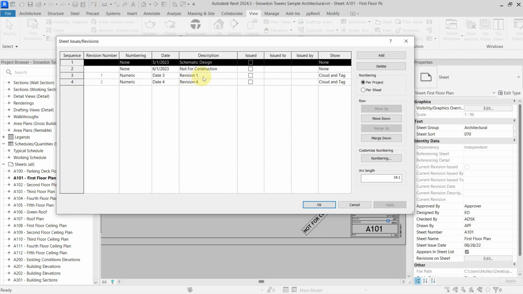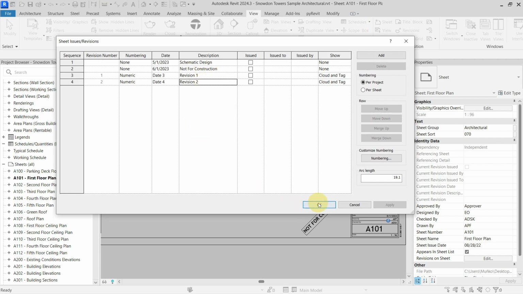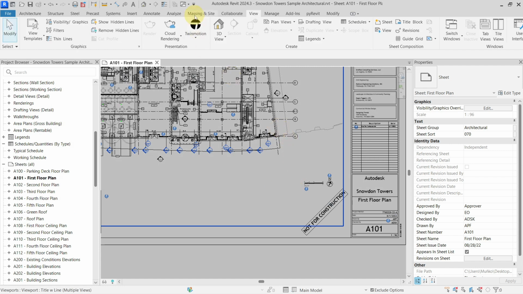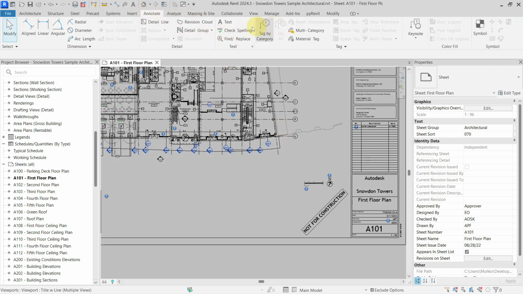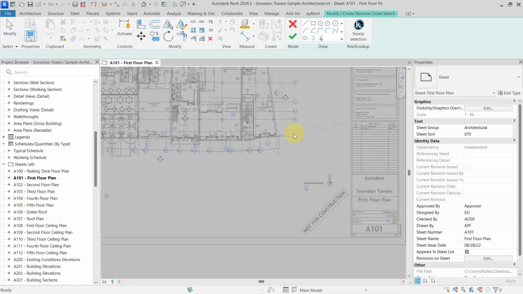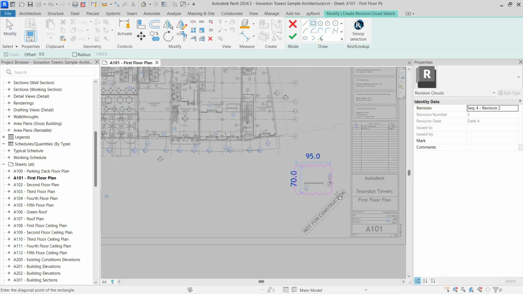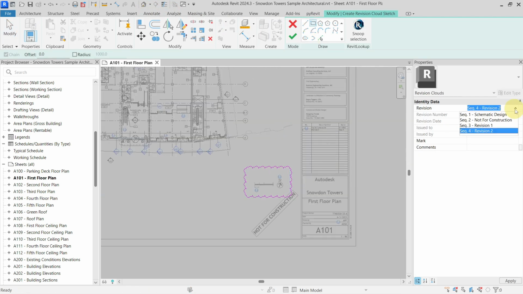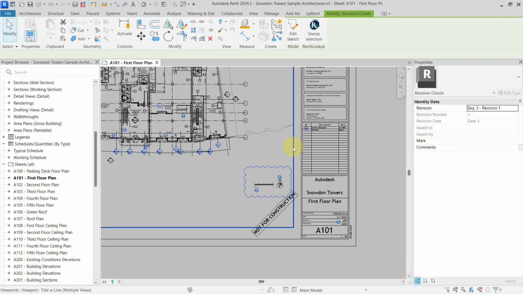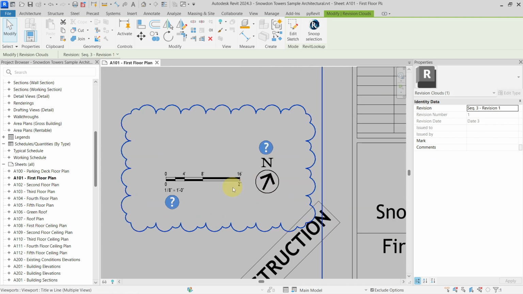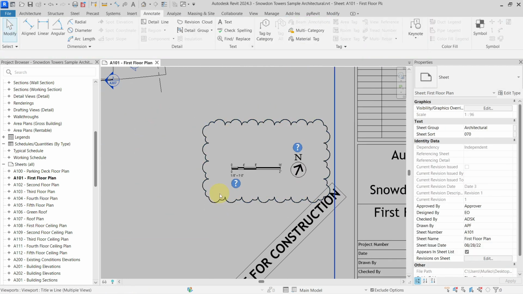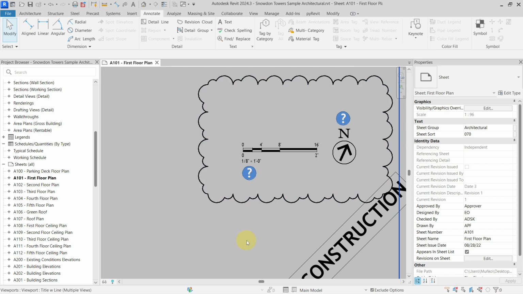So let's go that this will be revision 1 and this will be not 4 but revision 2. So back in here, revision cloud, I will create my revision cloud in here, and let's go with the revision 1. And hit OK. You can see that I have created my revision cloud in here, which is black, and it